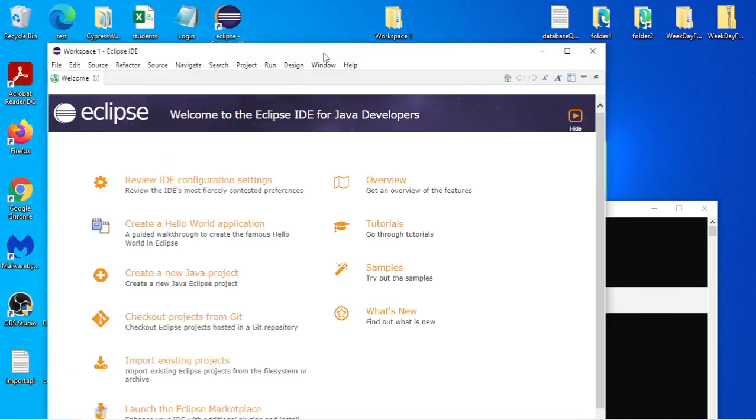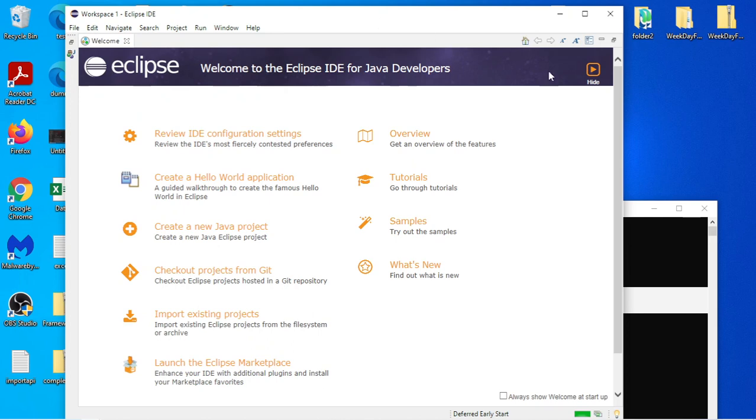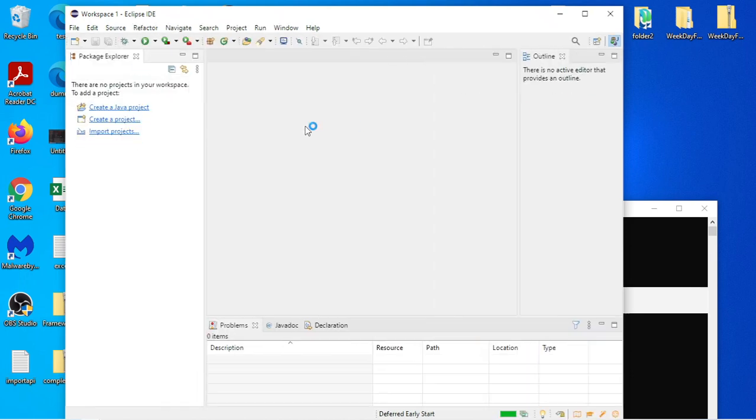So after that you see it is... Please put yourself on mute if you don't have any question. You will see this screen, and you have to first click on hide. Click on this hide option. Now you can see this is the folder name that is displaying here, right?